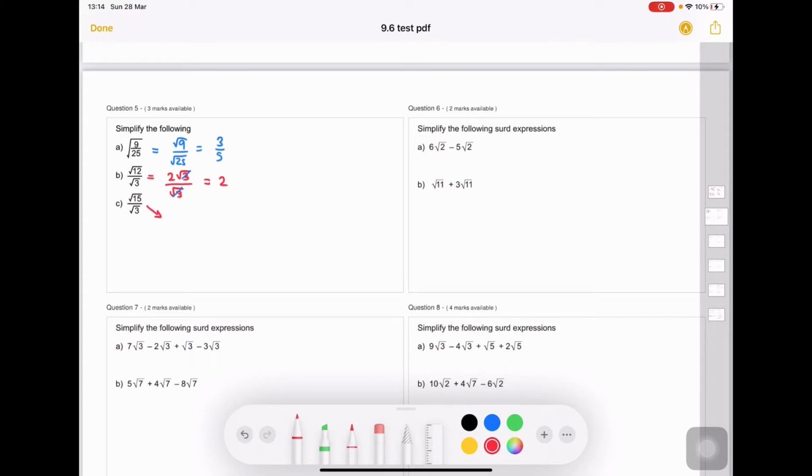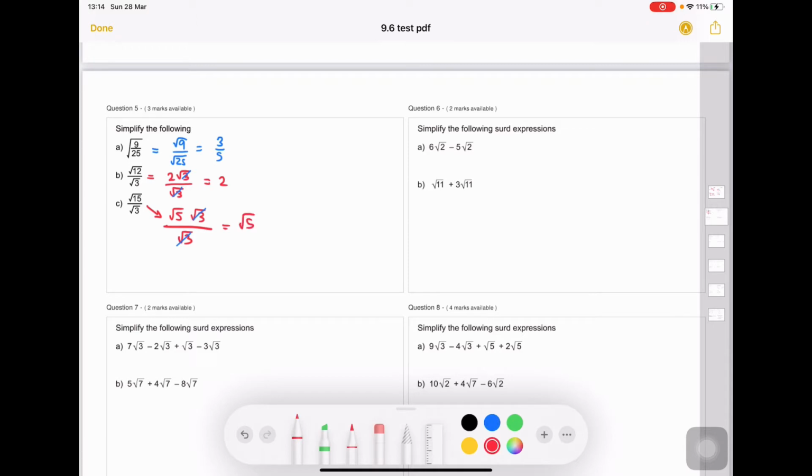Square root of 15, I can write square root of 5, square root of 3 over square root of 3. Again, I selected the 5 and the 3 on the numerator because 5 times 3 is 15, these two cancel out. So we have